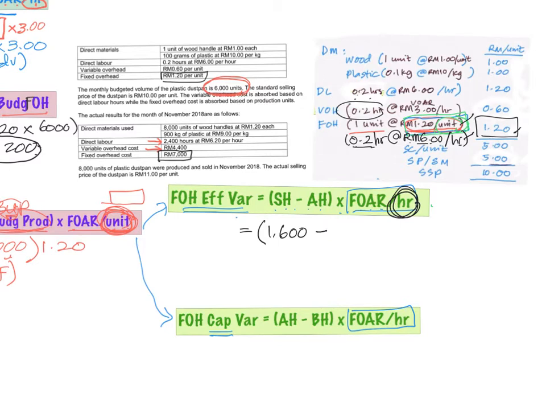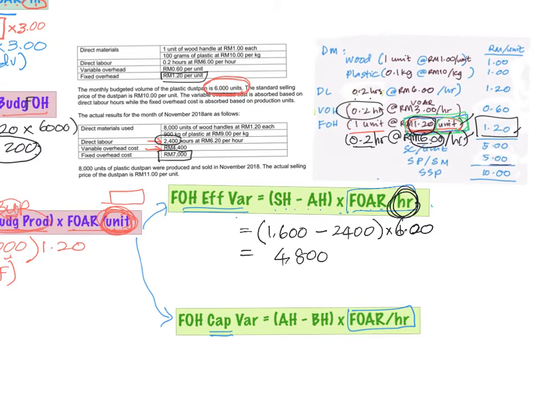This is our actual hours that we have worked, 2,400 hours. So minus 2,400 times the FOAR per hour. Per hour is this one, 6 ringgit. Per unit is this one, 120. So don't get mixed up. You just times it with 6 ringgit here. So what we will have after that will be